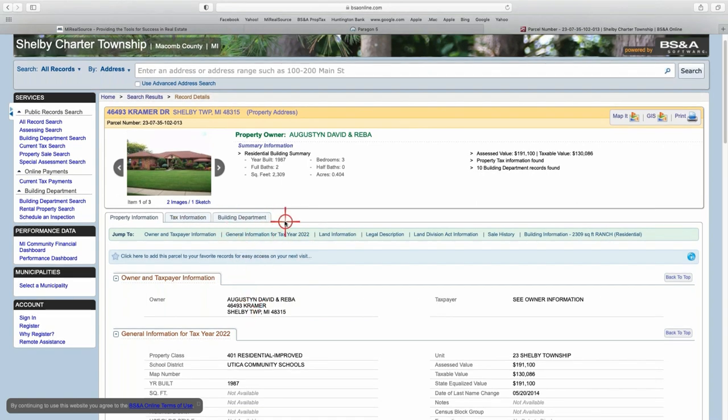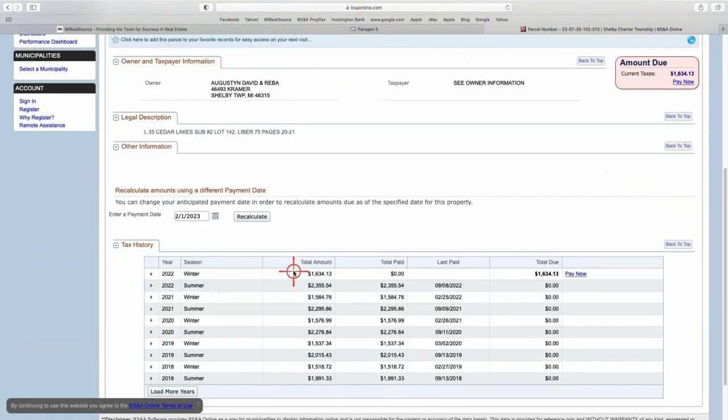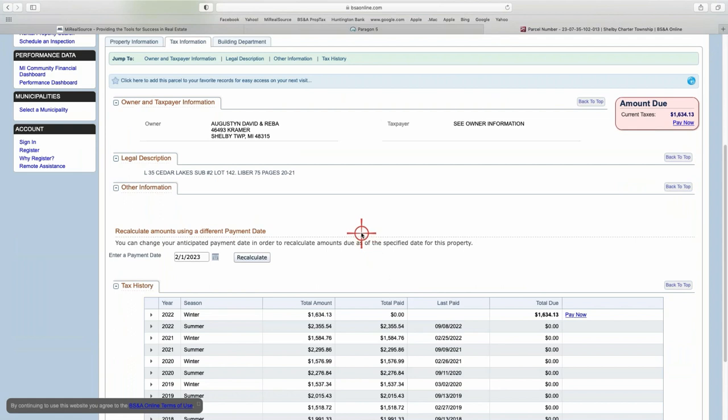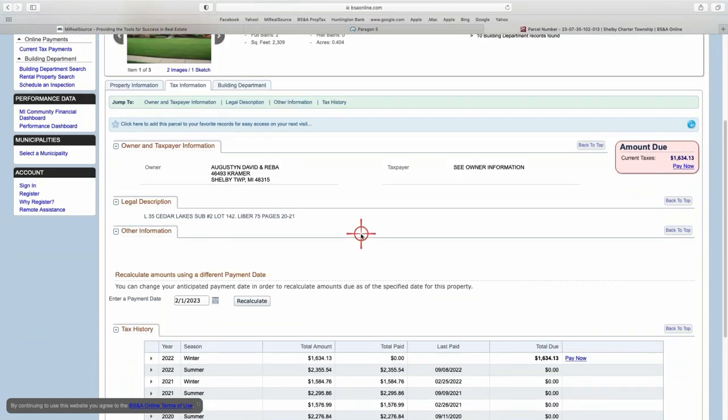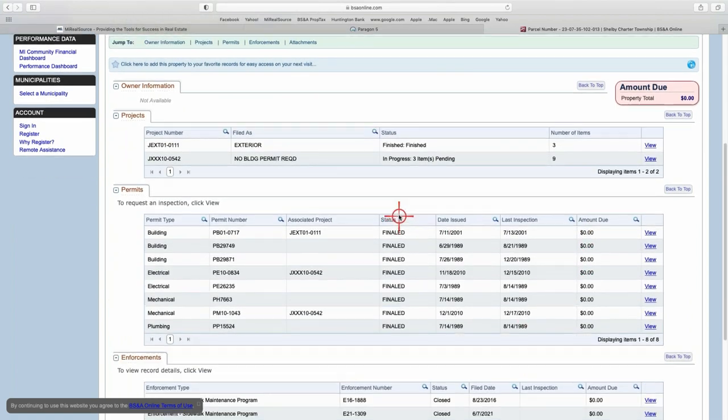One other thing on this form that's pretty good that I like to look at, it shows tax information. I always take a look at this to make sure they're current in their taxes, which could become an issue later on at closing. Just kind of want to make sure. And the building department, make sure that they're current on all their